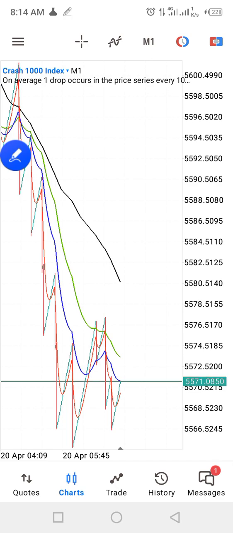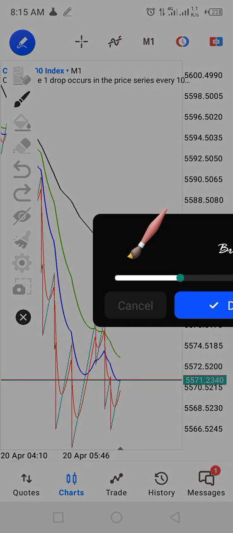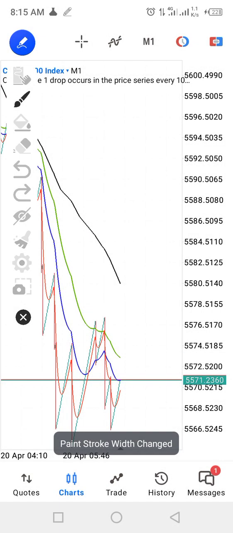So right now I'm on Crash 1000. You can decide to first of all take the trade, or you can also decide to put the SL and the TP first before you take the trade. So we have instant execution. So I've told you guys where you can